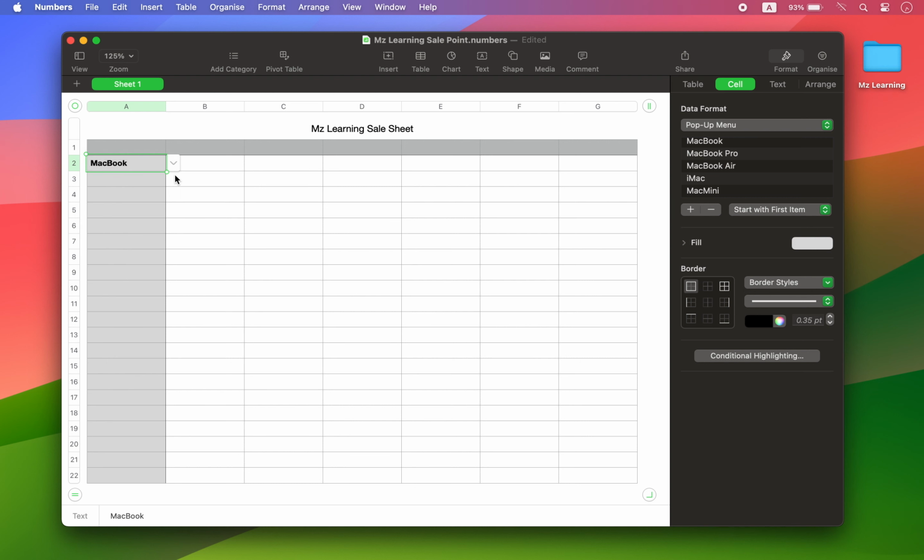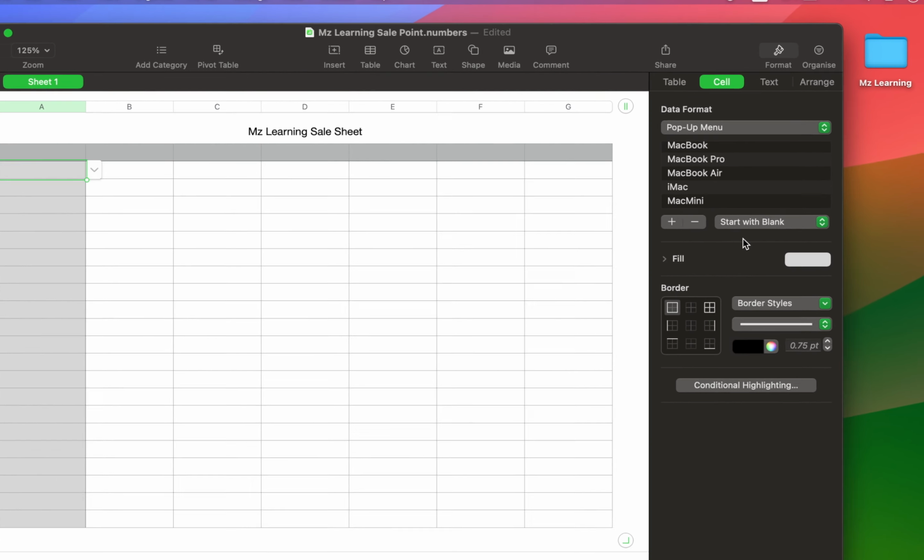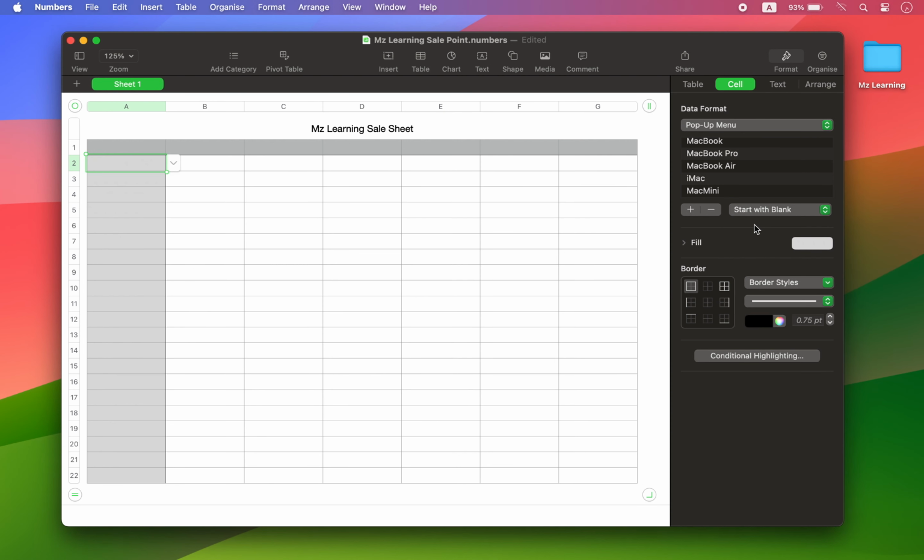you may notice that the list starts with the first item in the list. To solve this, go back to Data Format section and select Start with Blank. Now everything is perfect. Once you have created your list, you can easily copy the pop-up list to other cells